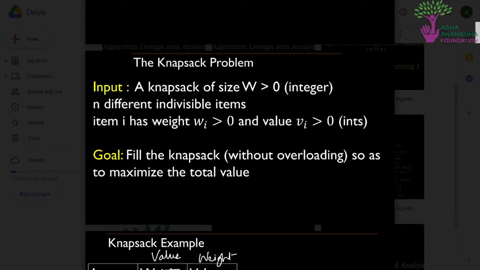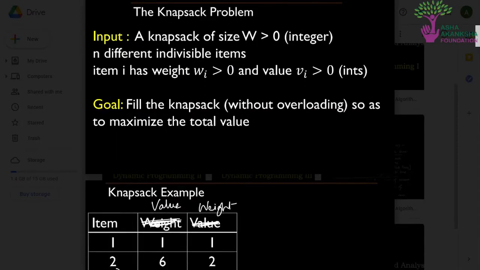You can assume it to be the maximum weight the knapsack can carry. So without overloading the knapsack, you have to fill the items within the knapsack in such a way that their overall value is the maximum and the overall weight is the minimum.